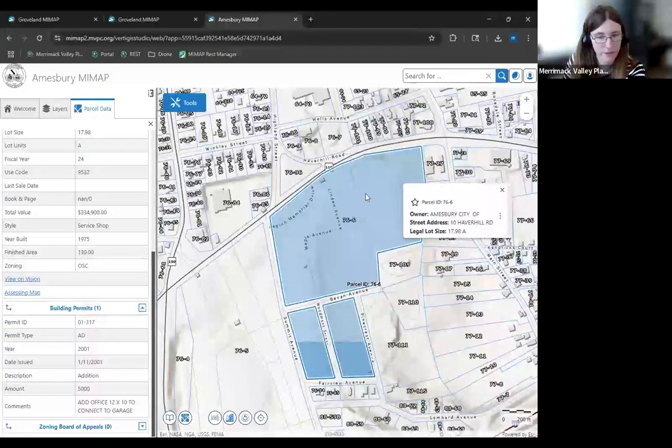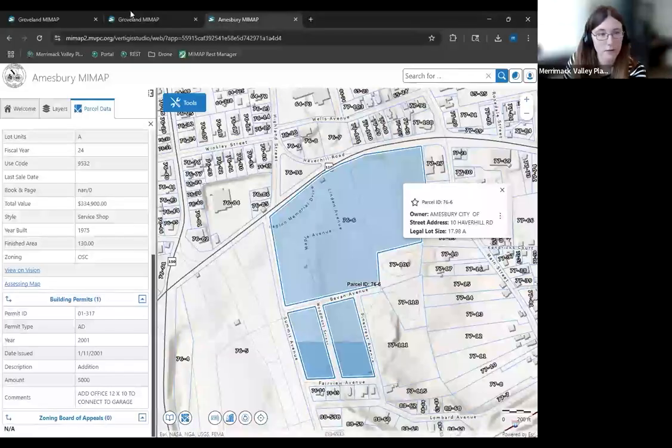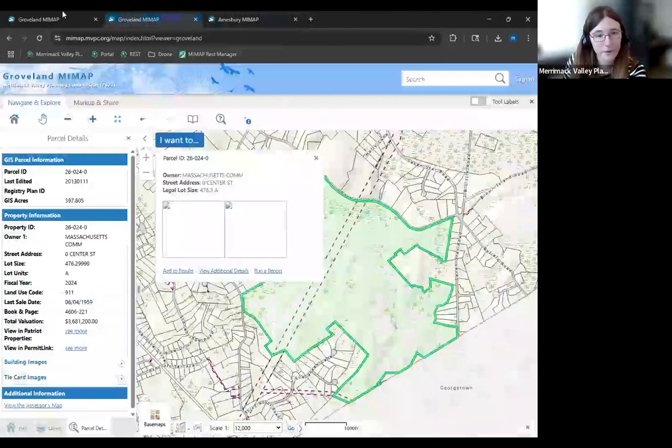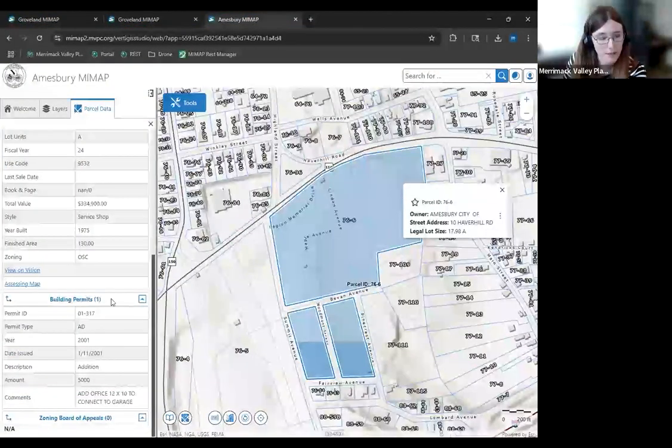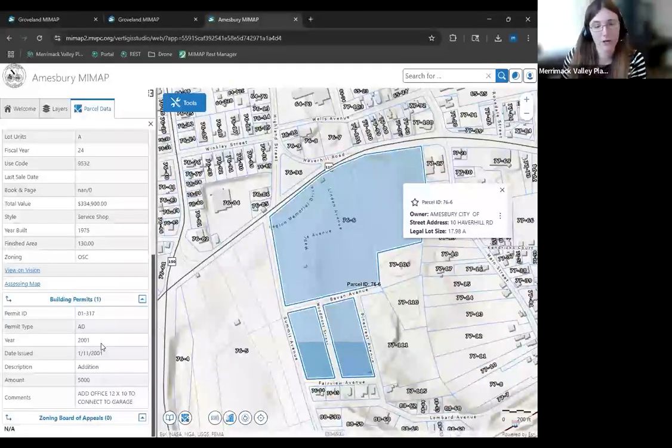So for instance, this parcel had a building permit for an addition back in 2001, and there's nothing for zoning board of appeals. So you can dig into this. Some of our other communities have a ton of these attachments, but what we can show and share really depends on what you can send to us and what you want to keep updated.